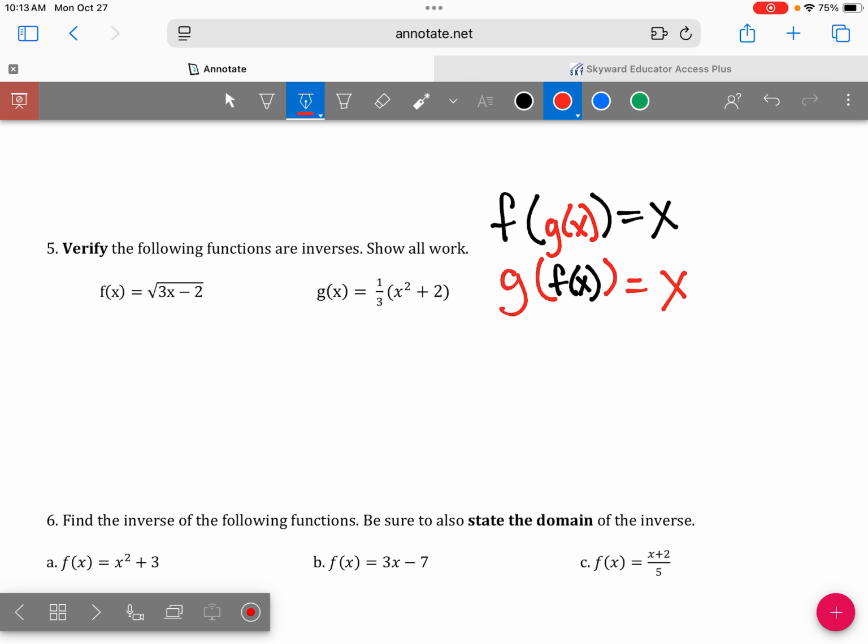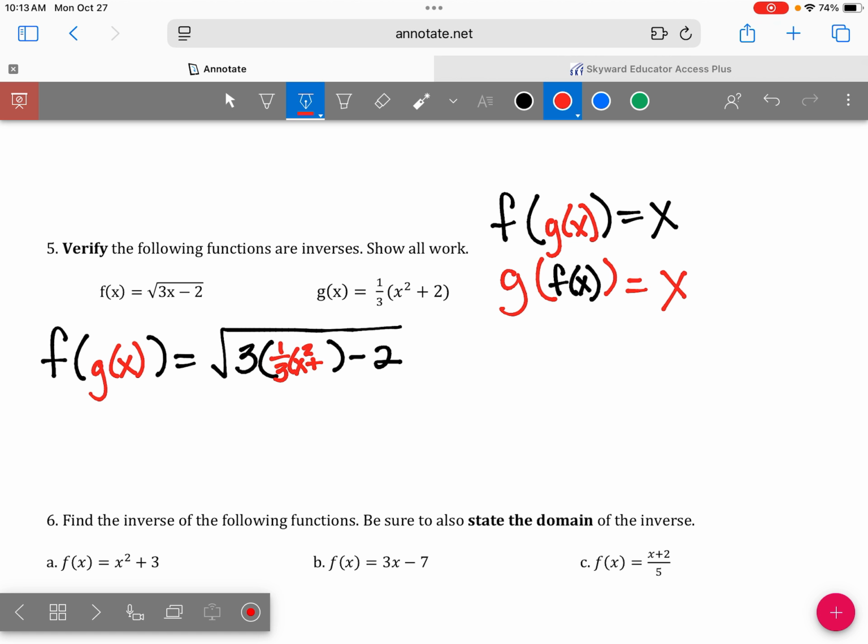So for the purpose of this, I am going to do both so you can see how they would both work. So let's start off with my f function, which says the square root of 3 times something minus 2. So the something is g of x. And when I put this in